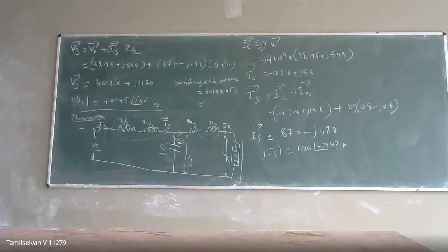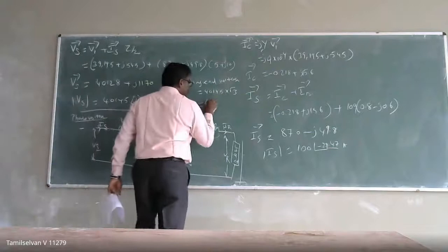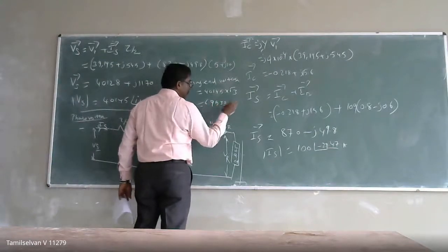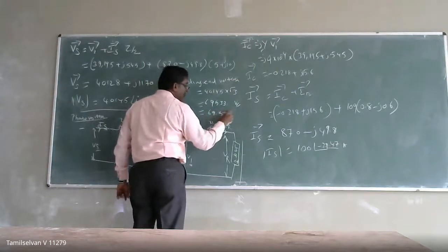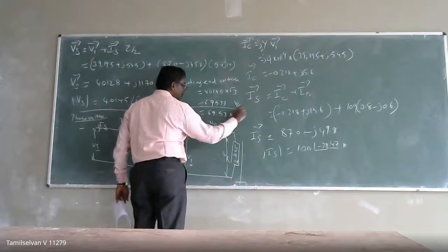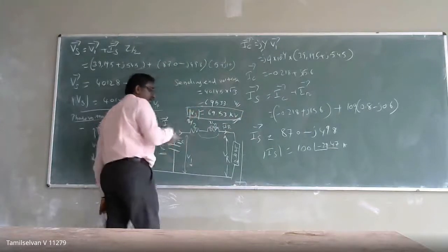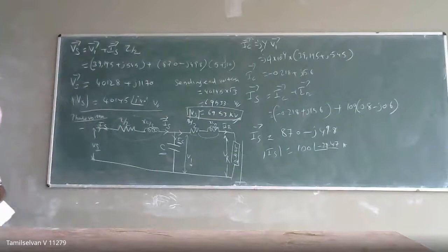Yeah, I think Venkatesan has posted 69,533.17. Okay. Sumant Reddy, check your answer, it might be a typing mistake. You are getting 69,533 point something in terms of voltage. So I can write it as 69.53 kilovolt. So this is the sending end voltage value. I have taken only the magnitude.